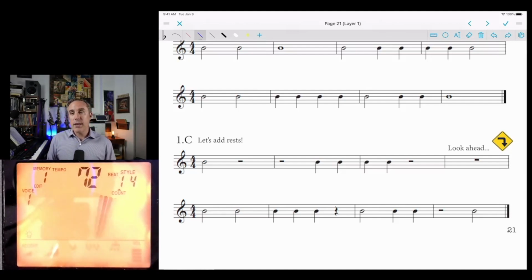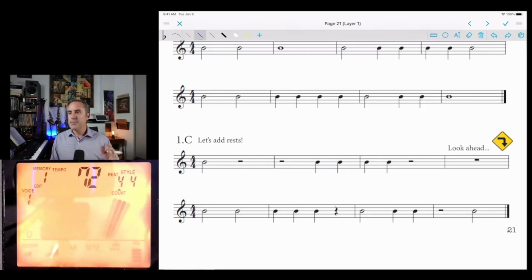So we're at 72 on the metronome again. Here's our note. I'm going to count us off, and we can do this exercise together. So here we go. 1, 2, 3, 4,